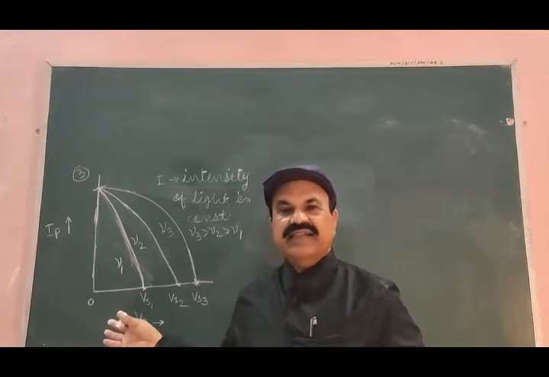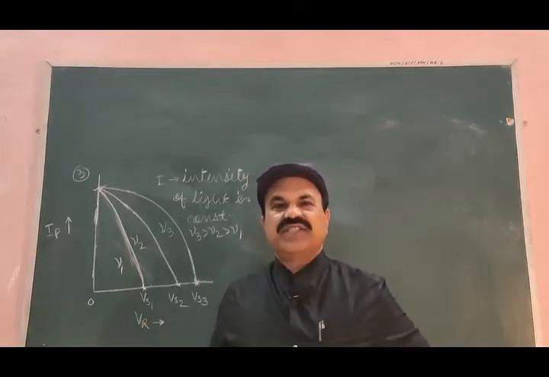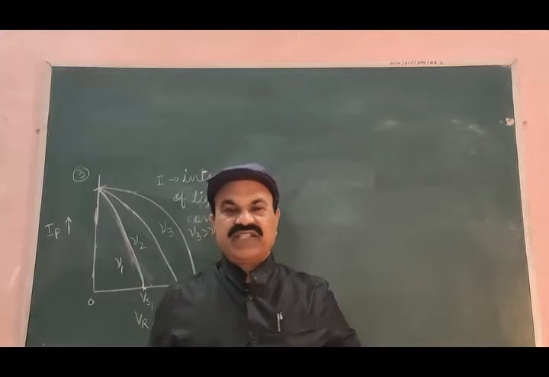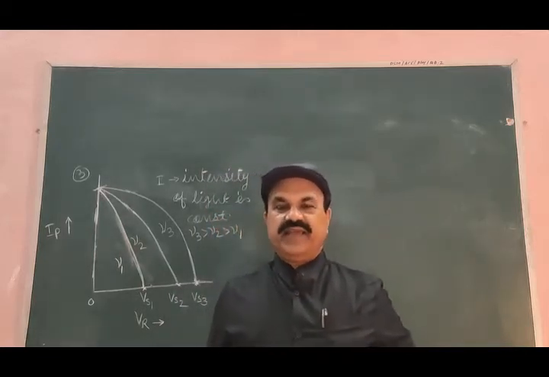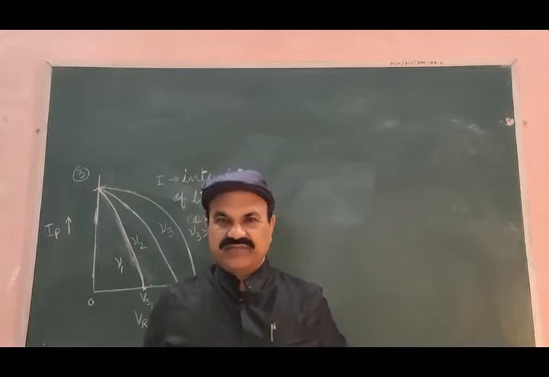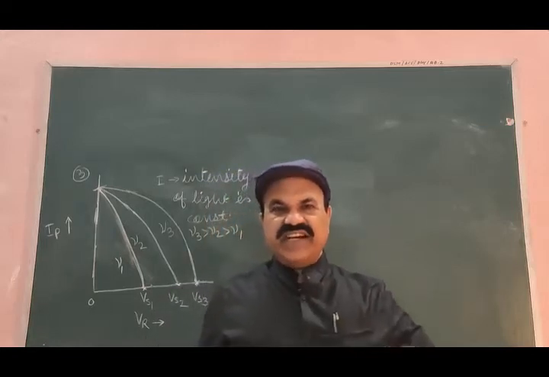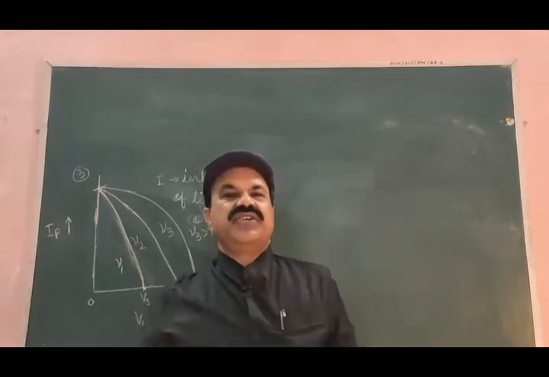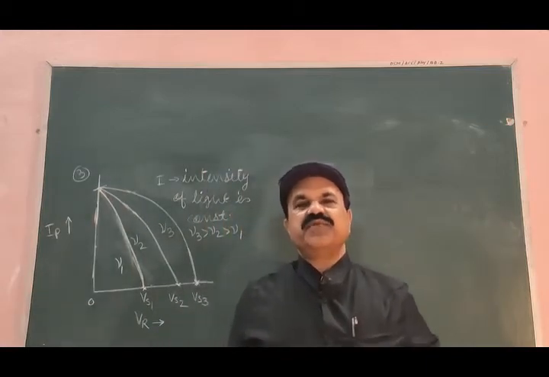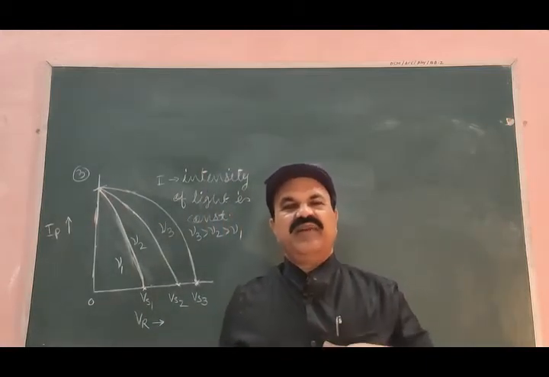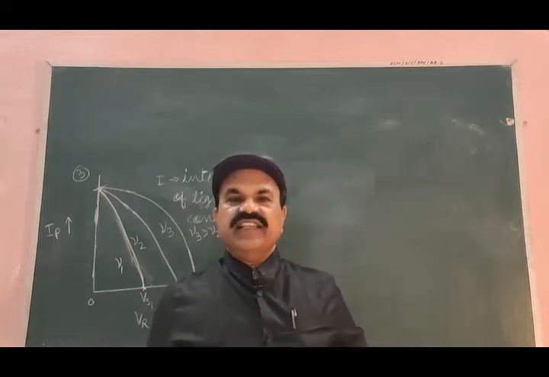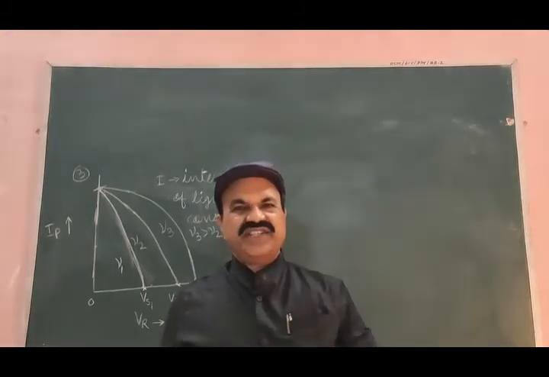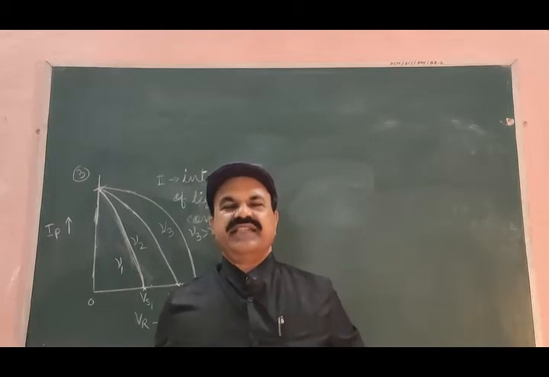is that the average kinetic energy of the photoelectrons in the photoelectric effect is independent of intensity, but it depends on frequency. If the frequency used is smaller, the average kinetic energy of photoelectrons will be smaller. If the frequency used is larger, the average kinetic energies of the photoelectrons emitted in the photoelectric effect will be larger. It means that the kinetic energy of photoelectrons is independent of intensity. It is not decided by intensity.